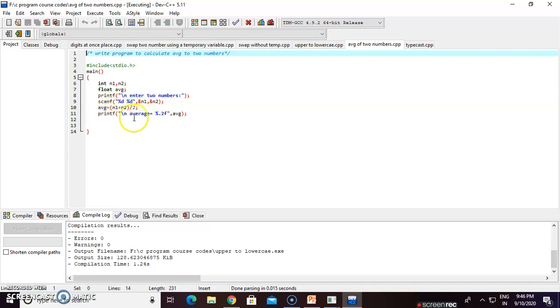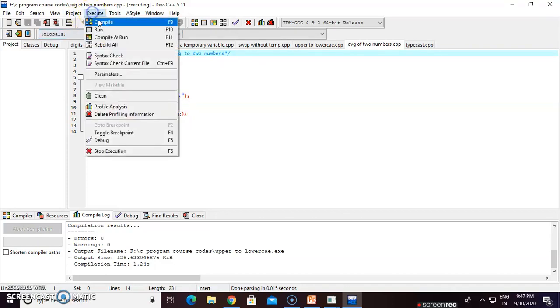Now printf \n average equals %0.2f. That means 0.2 means after the point there are two digits. Two digits are there after the point. That is the meaning of 0.2f for float. Then we print the average value avg.